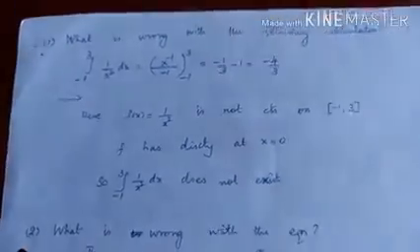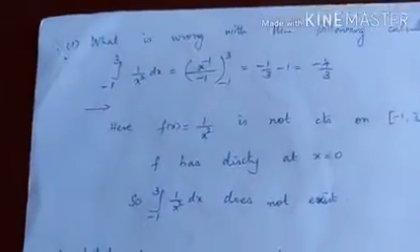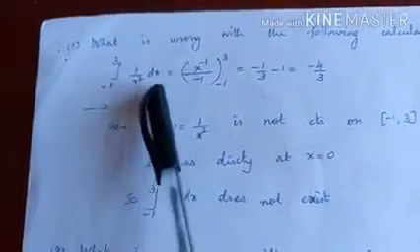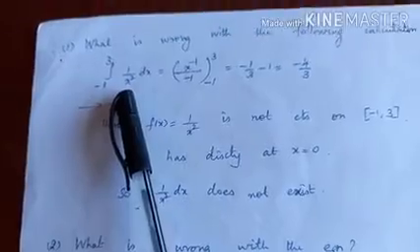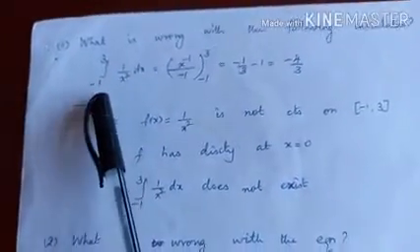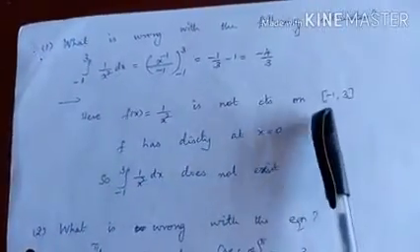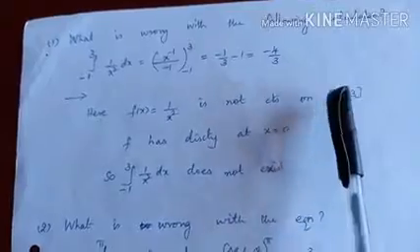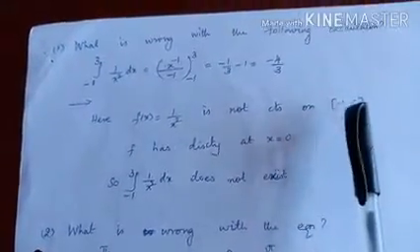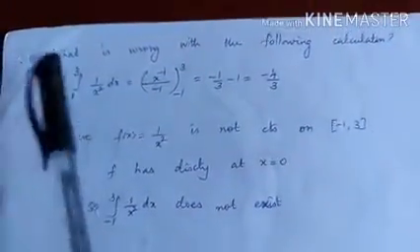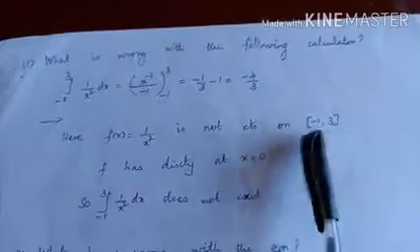What is wrong with the calculation is the question. Okay. We can use the fundamental theorem of calculus part 2 because you look at the limits, integral a to b f of x dx. What is said in the statement of the theorem? The function must be continuous on the closed interval a comma b. So here a is minus 1 and b is 3. So the function must be continuous in the closed interval minus 1 comma 3.